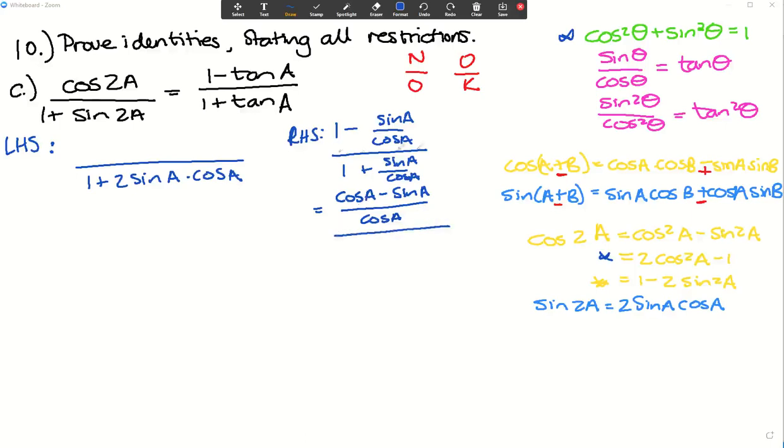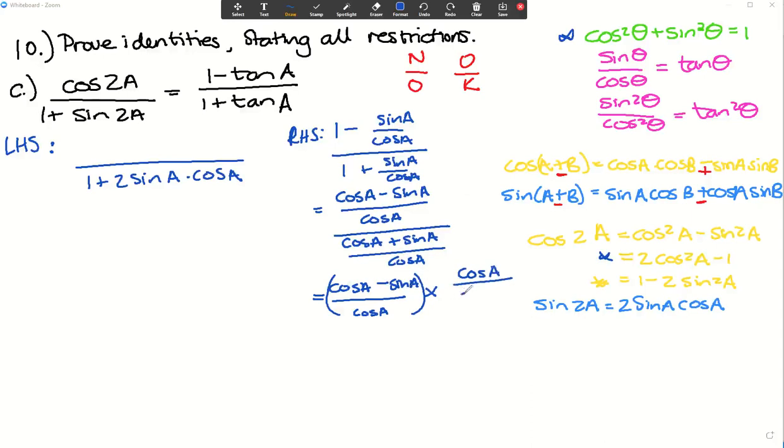Then I've got my original divide line, and this becomes cos A plus sine A all over cos A. Okay, this divide line means that I can take these two together and I can tip and times them. So I can have cos A minus sine A all over cos A, divided by, now we're going to flip it and times it,